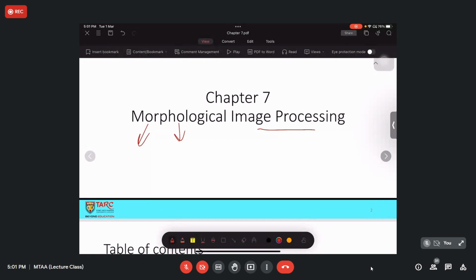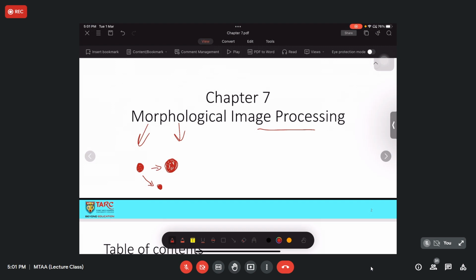So you can actually perform operations to enlarge the object. For example, you have a small object. After you perform a morphological operation, you can enlarge it to become something like this one. Or you have this object, and after you perform the morphology operation, you can shrink the size to become something very small, etc. Okay, so this is part of the way that we process the image and obtain the intended object.